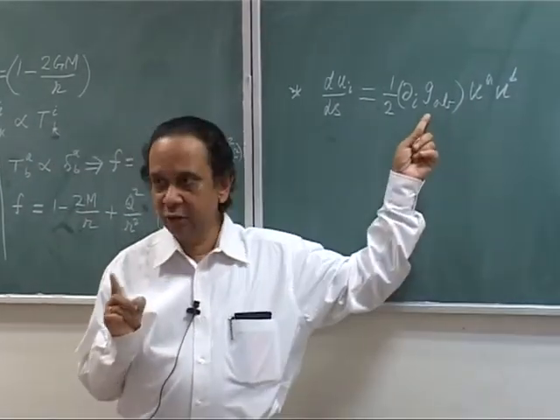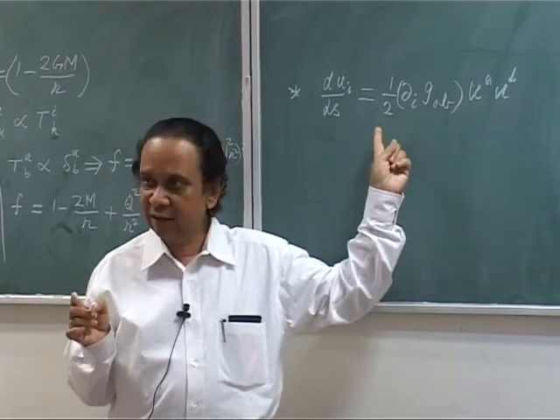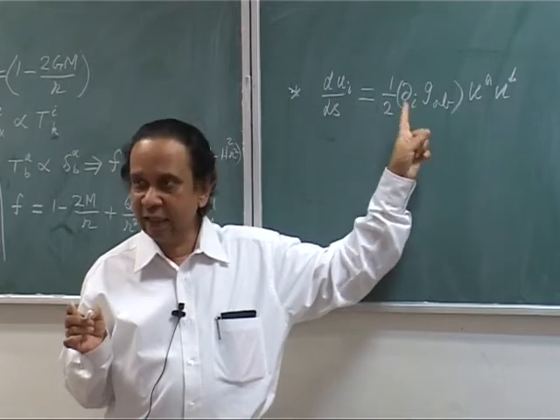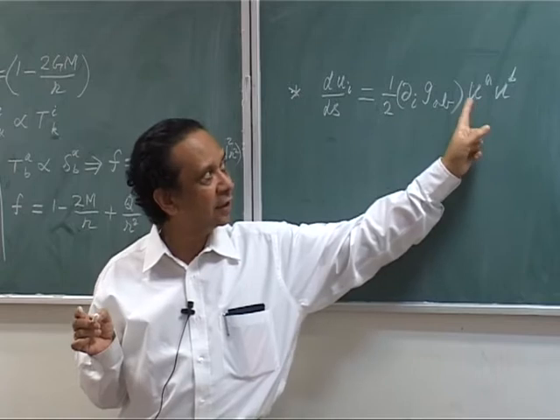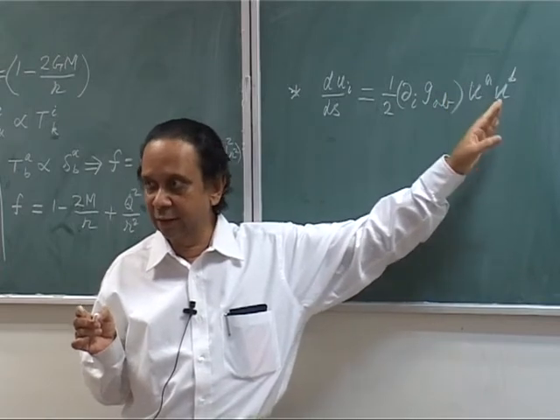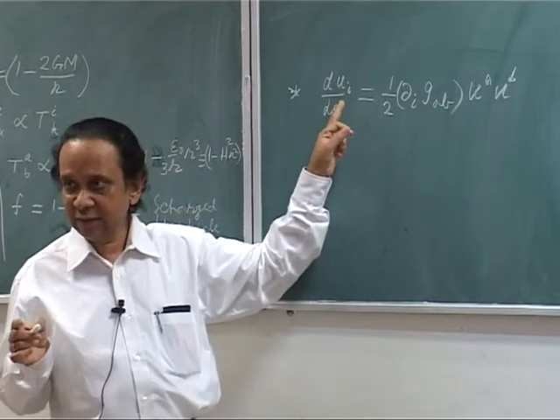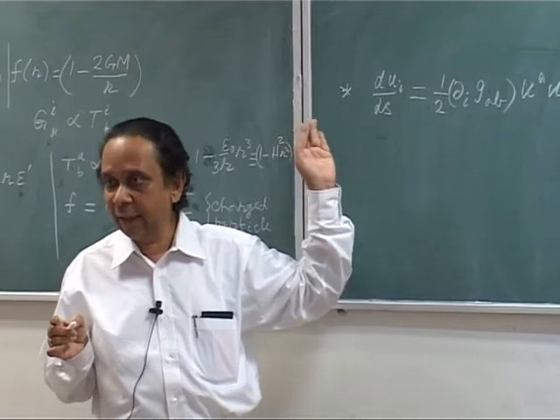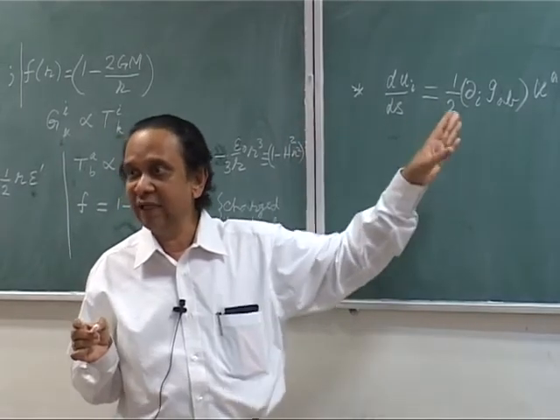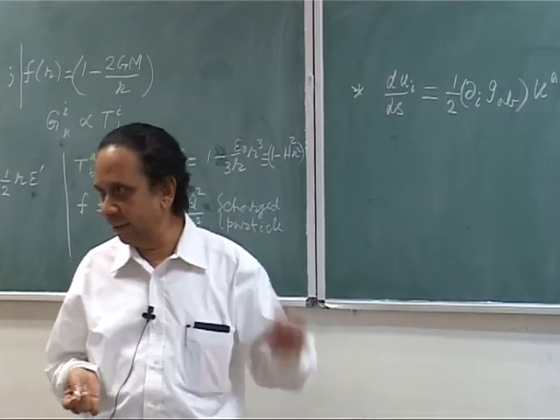If G00 is the only dominant thing and it has 1 plus 2 phi, that 2 will cancel with half and you will get a d_i of phi, only the spatial derivatives will contribute, and these two things are going to be the u0 and u0, and u0 will be 1, and here you will pick up a minus sign because you are lowering a spatial index. So this will become the acceleration equals minus gradient of the potential, right. So just to remind you, this is what we did.